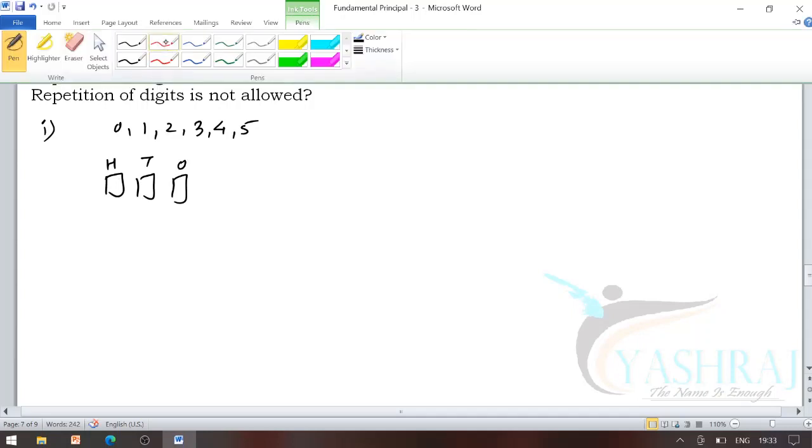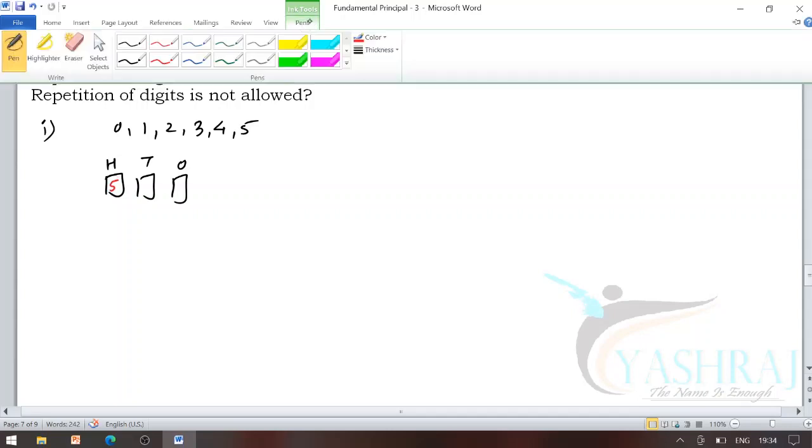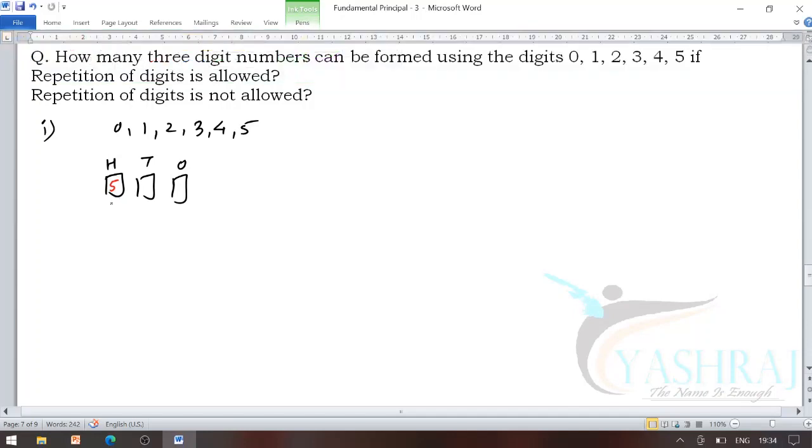We have to form a 3-digit number: ones, tens and hundreds. So keep in mind, for forming the 3-digit number by using the digits 0 to 5, the 100s place can be filled up by any one of the digits among 1 to 5 only. Because once a number starts with a 0, that 0 does not have any value here, so the number becomes a 2-digit, not a 3-digit number. So there are 5 ways to fill up the first box, any one of the digits 1, 2, 3, 4, 5. Following which, suppose we filled up the 100s place with the digit 2. So I will cross out the 2.